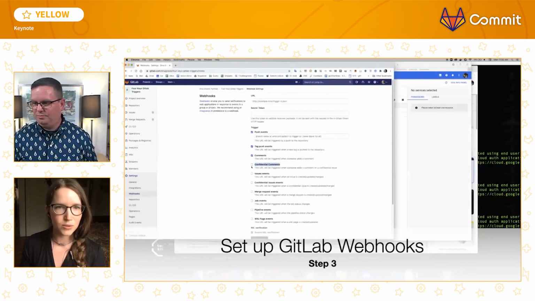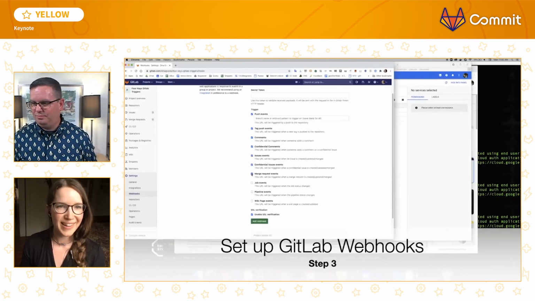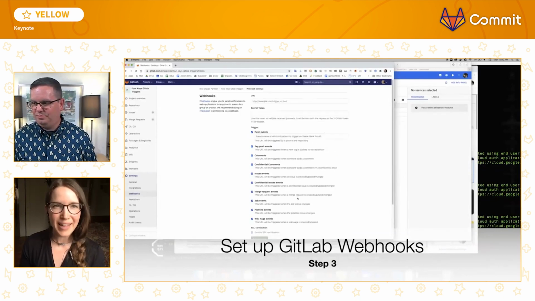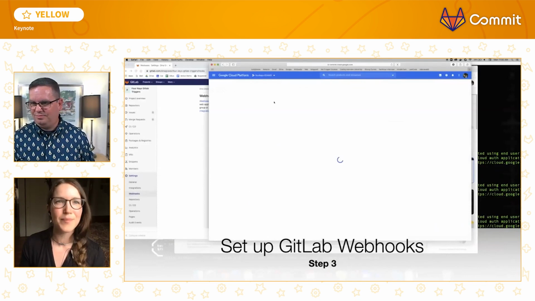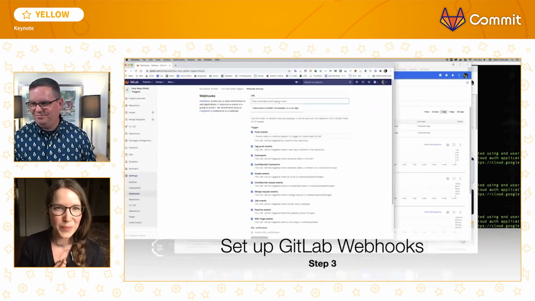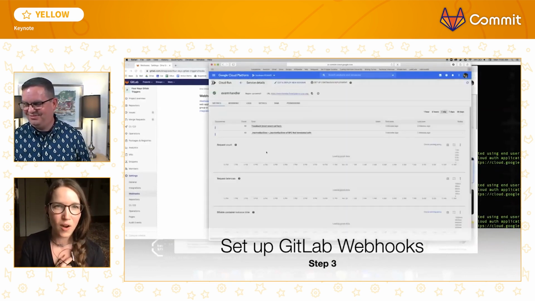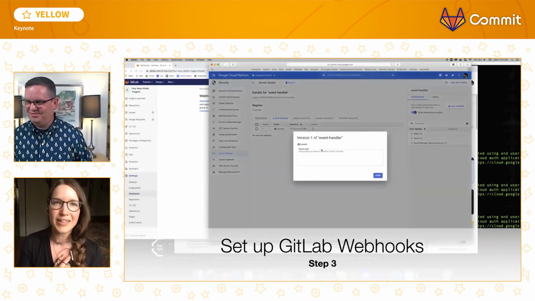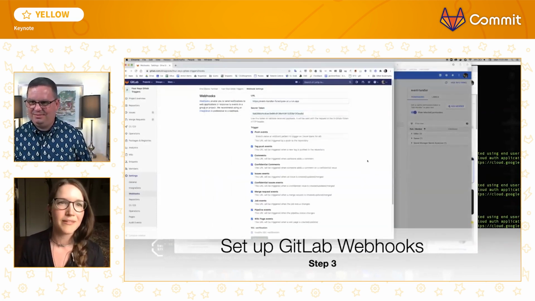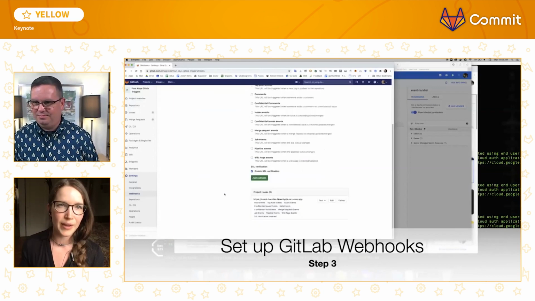It's taking a long time to load, so I'm just going to go through. I'm clicking everything because I want all the data. I want data about every single event, anything that happens in GitLab. I want it. I want all the data. So here's my URL, and I also need a secret. Remember, the event handler is a publicly available HTTP target. We want to protect it in some way, shape, and form, so we have a secret.